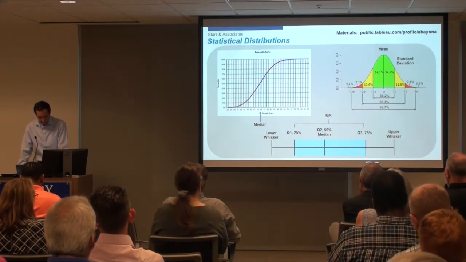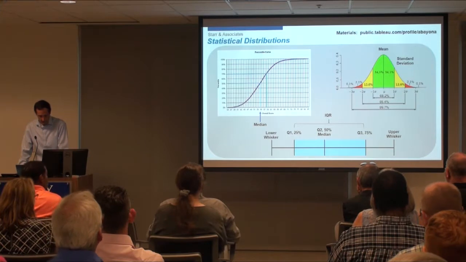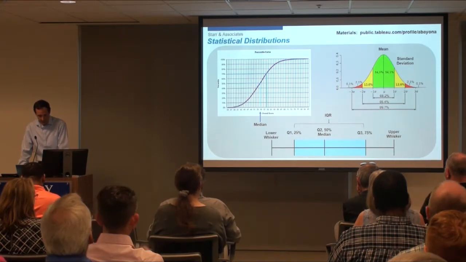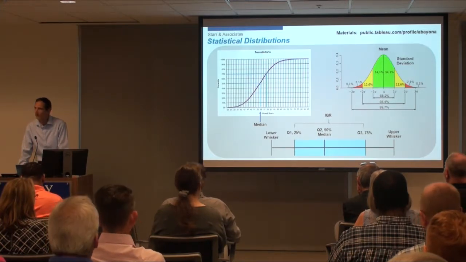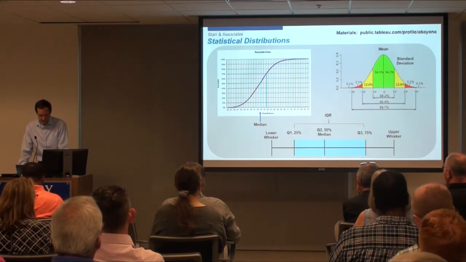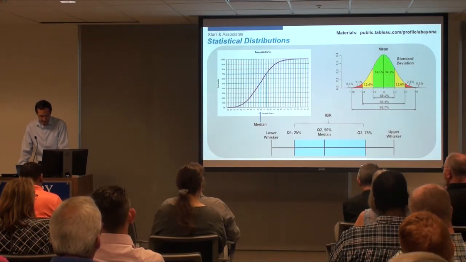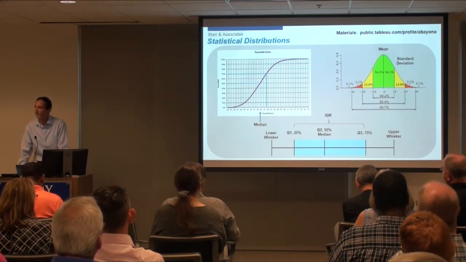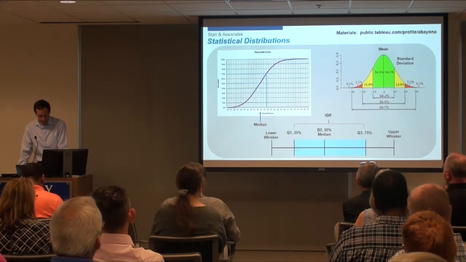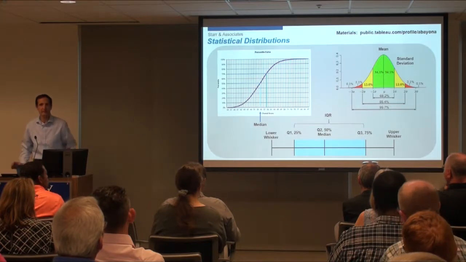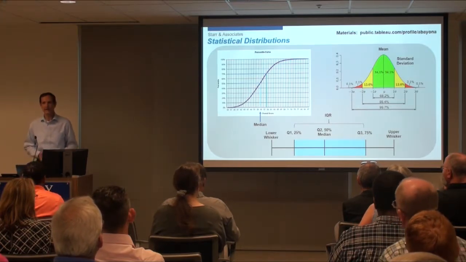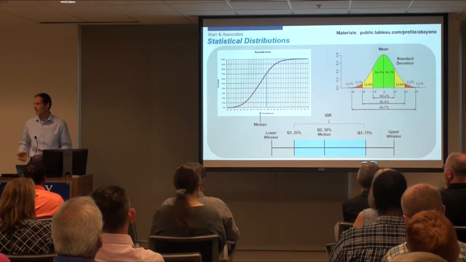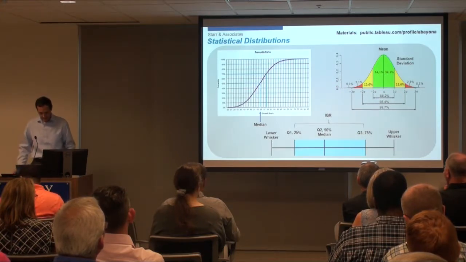On the left here, I've got a percentile curve. We're going to build one of those out. Basically, this is a running sum of the number of records that we have at each value, presented as a percent. So this is going from 0 to 100%, and at 50%, we would have 50% of the population below that number and 50% above that number, and that's the definition of the median. But we can look at other percentiles as well.